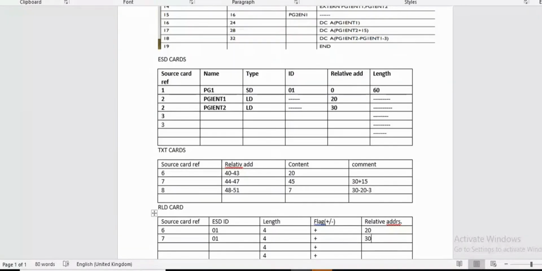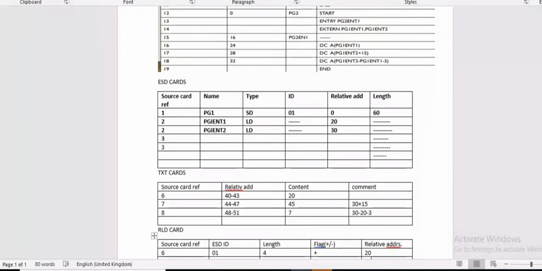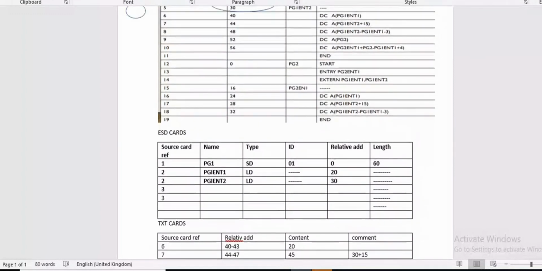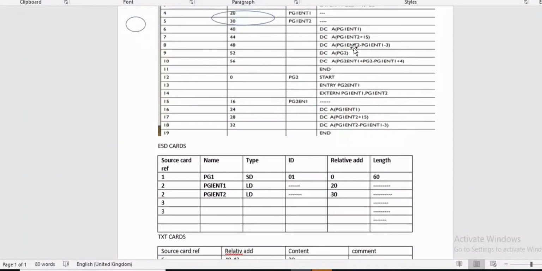After that, move towards the next line. What is the next line? The next line is DC in bracket A PGIENT2 minus PGIENT1 minus 3. This is source card reference number 8.